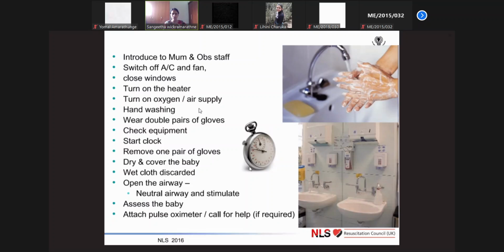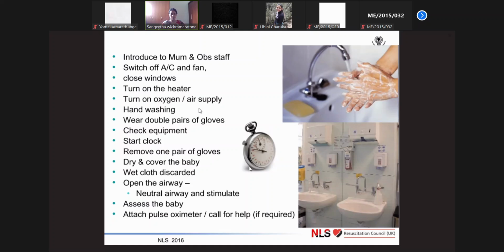So up to the elbows, you remove all these watches and whatever things you are wearing. So you have to wash your hands from elbow downwards according to the hand washing technique, right? Then that is for infection prevention. Then you wear a double pair of gloves, and then only you will check the equipment that you are going to